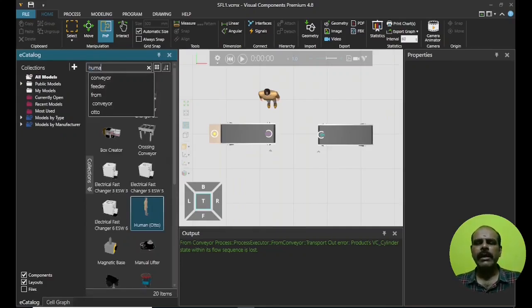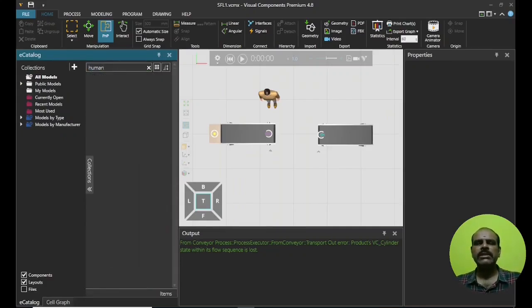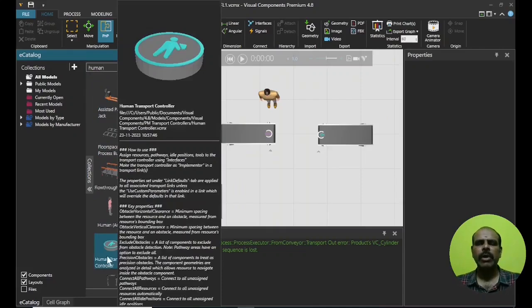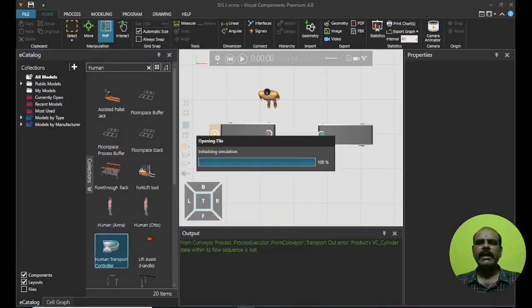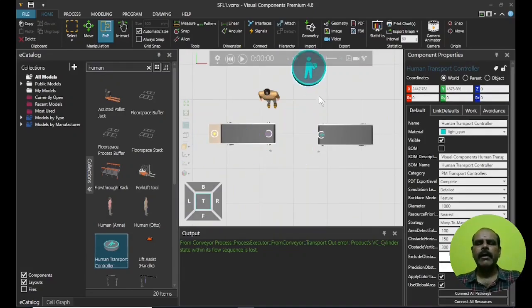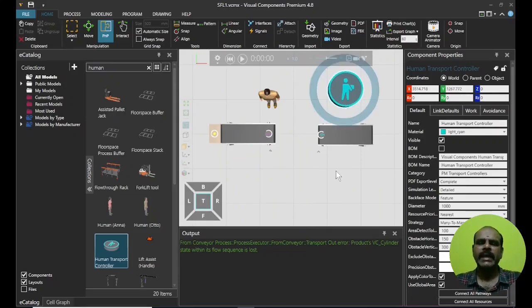As told earlier, whenever you bring a resource, a controller is essential. Since here it is a human, we need to have a human transport controller, pick it up and place it on the GUI. You need not place it near the operator. You can position it somewhere near him because it does not have any sort of connections. So select the